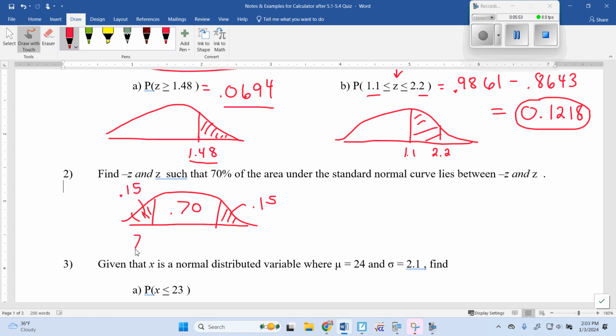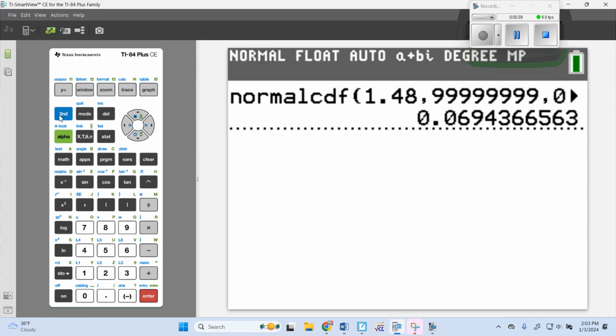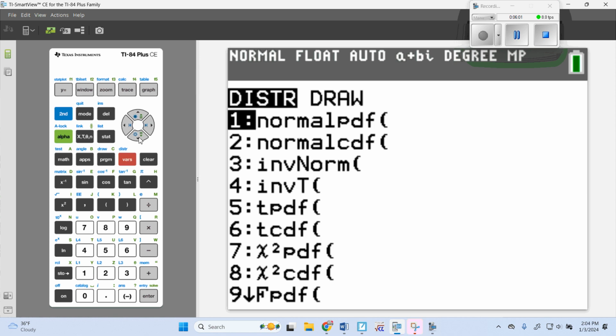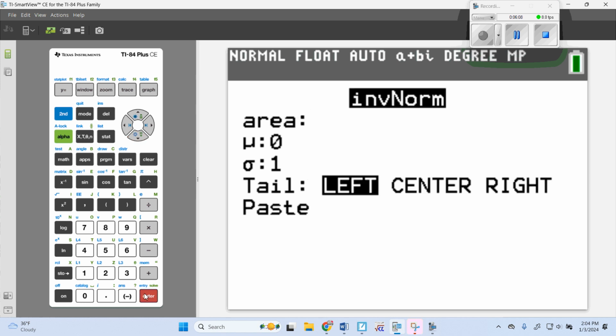And so we want to find the 2 z's that give us 0.15. So now on our calculator, we are going to be using inverse normal. Now, depending on how old your calculator is, what happens next may be different. If you have mine, you will notice mine gives you the area and asks left, center, or right. So if I'm doing 0.7 to the center,